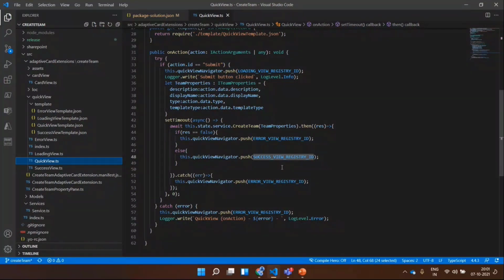Why should they go to the IT team and request, please create a team for me, with this display name and these descriptions? To avoid that communication, we can start with this type of adaptive card extension, and a manager can directly create teams from the dashboard. And yes, we can restrict the particular adaptive card by applying the user target audience feature of the adaptive card extensions.